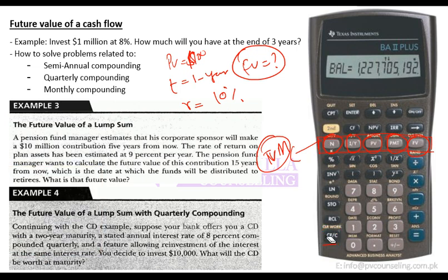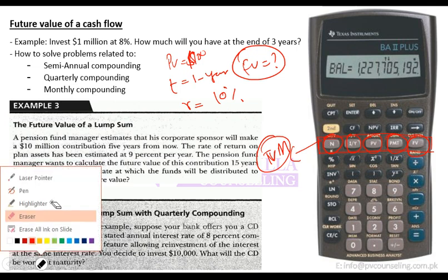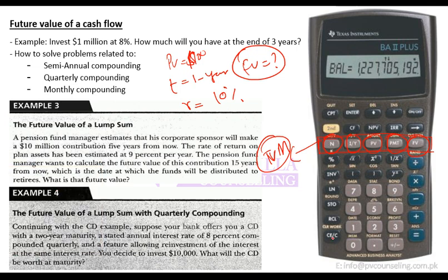What is CLR work? If you look at these buttons, there is some text written on the button, and there is some text written in yellow on the top of the button. This yellow function is performed by first pressing the second button and then pressing this button. So if I press second and then C, it will perform this CLR work function. If I press second and then 7, it will perform this data function. If I press second and then 4, it will perform this function. So this is how it is performed.